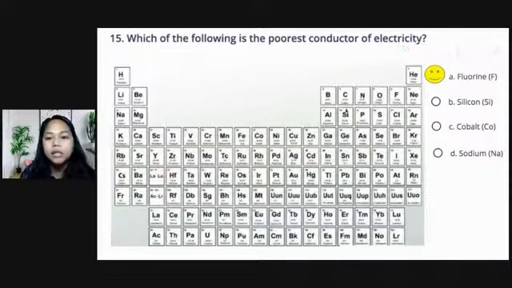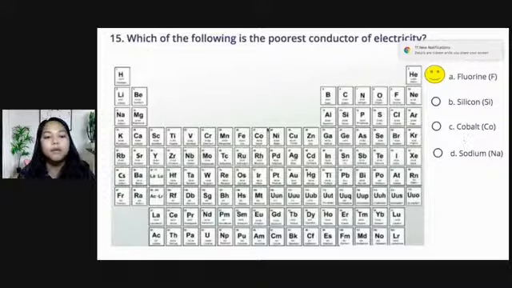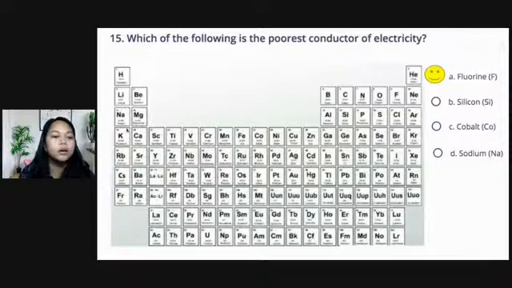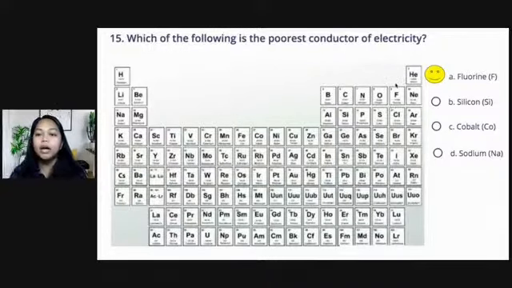Silicon is right here, no? So it is a metalloid. Meron pa rin siyang conductivity kahit papaano. Cobalt is an example of a metal. It's a transition metal. Nandito yung cobalt. And of course, sodium is a good conductor, no? So sodium mo, Na, it is a metal. And so, yung choice natin will be fluorine because fluorine is already a non-metal. So, hindi siya conductor of electricity. Your metals are conductors of electricity, while your fluorine, your non-metals are insulators na hindi sila easily nakakapag-conduct ng electricity. Non-metal siya. Okay, so letter A,